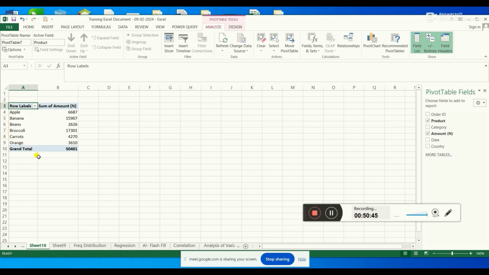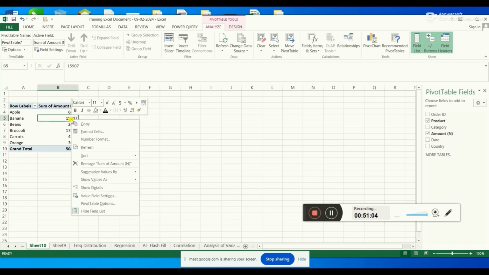But if you watch that table, there was some repetition. That means one country had more than one of these products shipped to their country. Do you understand? So we want to know the number of times that these products appeared on the table. So what do you do? You go to where you have sum of amount, right click on it, go to value field